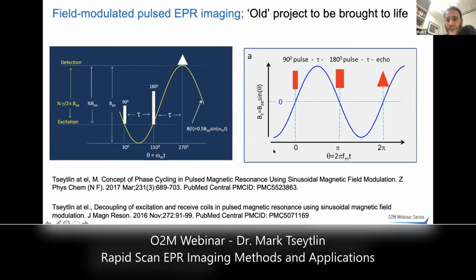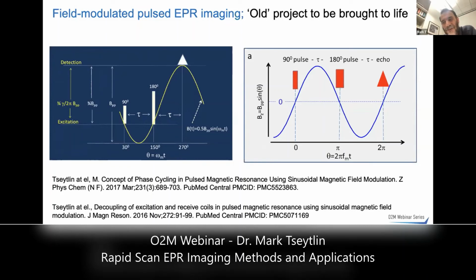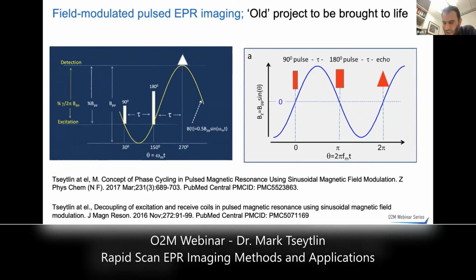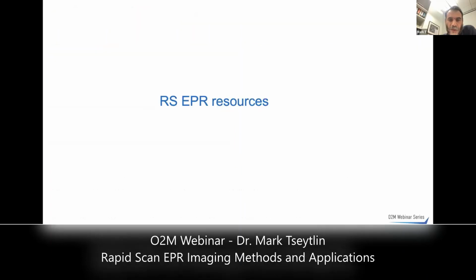Another application is if you apply modulation to your extended spin echo, what happens in between the pulses, you change the Larmor frequency, and when doing so, actually changes phases. So by selection of this modulation, you can control the phase of your echo. And that means actually you can do kind of rapid scan phase cycling, which is another cool thing you can do with rapid scan. So almost done.